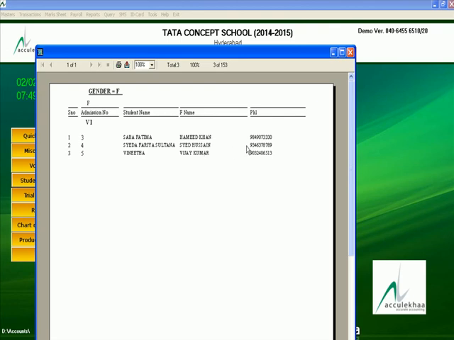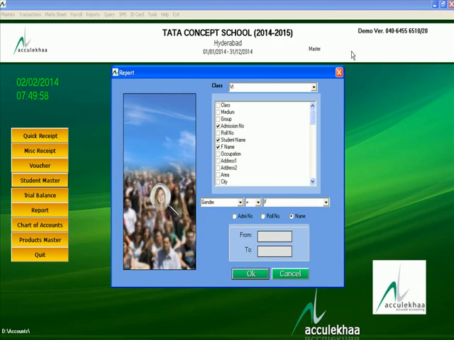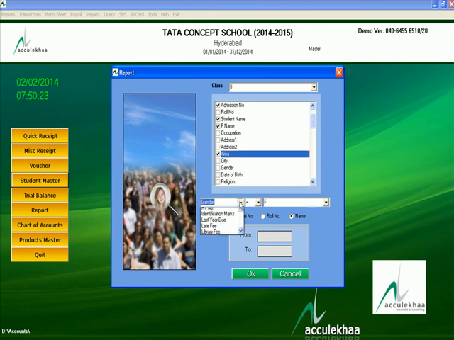Suppose in the place of phone number you want the area from which the children are coming, simply leave the class, remove this telephone number, select the area, gender option also.